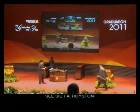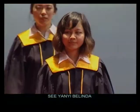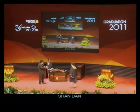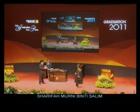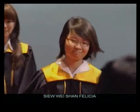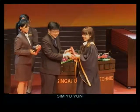D. Sui Fai Royston, C. Yen Yi Belinda, Shafika binti Zaini, Shan Dan, Sharifa Muni binti Salim, Sharon Wong Pei Shi, Xu Wei Shan Felicia, Sim Yu Yun, Sindhu Anbarasu,